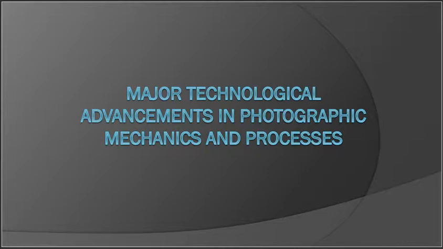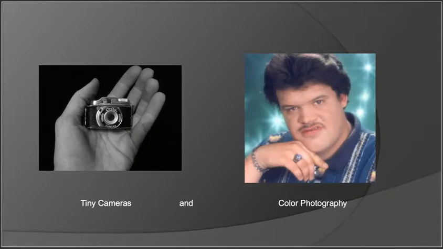The two primary things that we're going to look at are tiny cameras and color film. Actually, that camera on the left would have been a physical working camera. Probably would have been referred to as something like a spy camera, and almost more of a novelty item. If you look closely, it's actually just made of stamped metal parts and is not very sophisticated in its